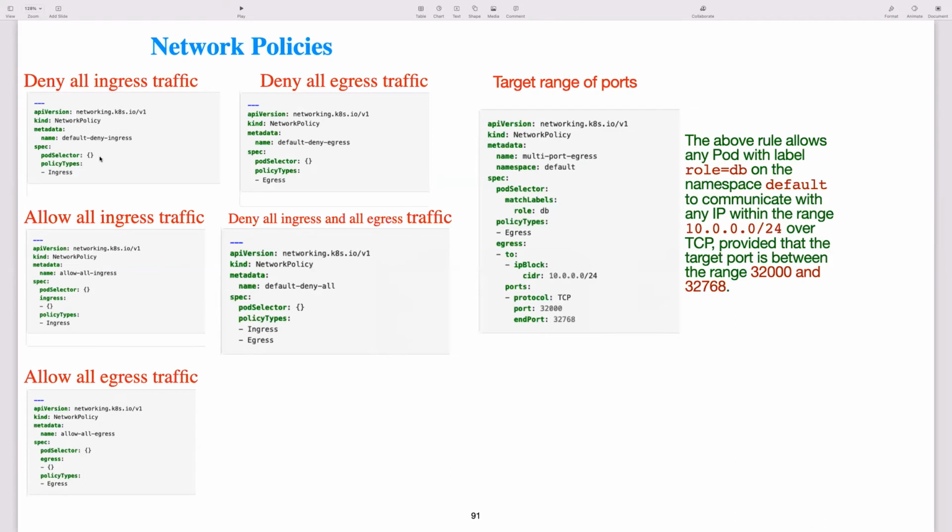So these are some various ways of defining your network policy. If you want to deny all ingress traffic, this is how you define it. If you want to deny all egress traffic, this is how you define it. And then allow all ingress traffic: you see the ingress is an empty bracket, meaning everything, and the policy type is ingress. The same applies to egress traffic. You see the egress is empty, meaning allow all traffic to go out,